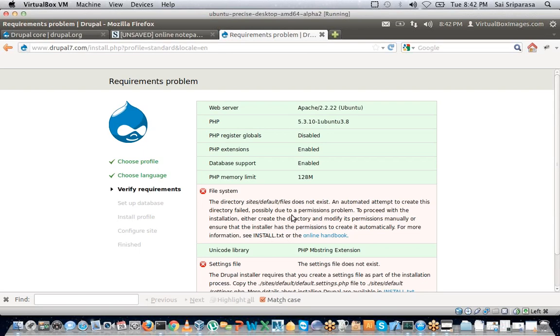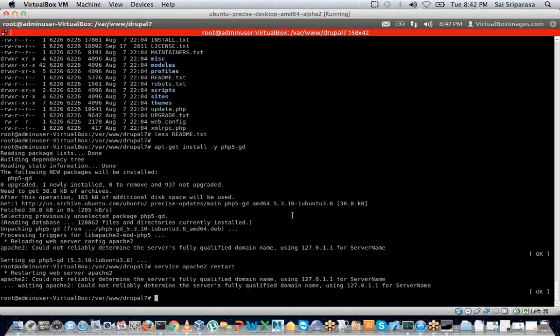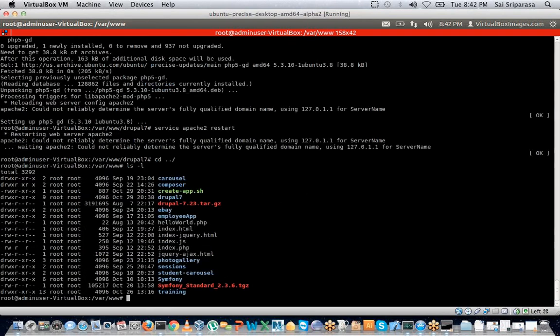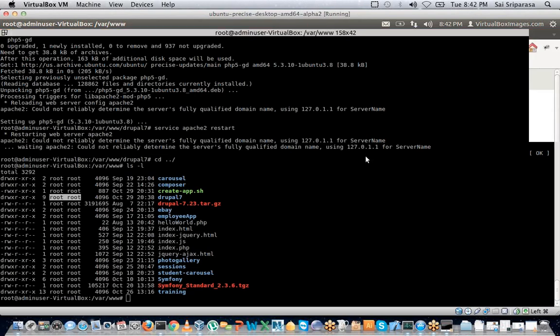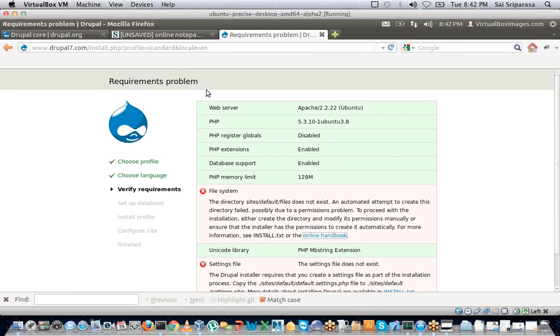Okay, so both are close. All that we'll have to do is change the owner from root, not to others. We'll have to change the owner to the web server. Why? Because this is being run by the web server. Any action that is done on any operating system has to be done by a user.